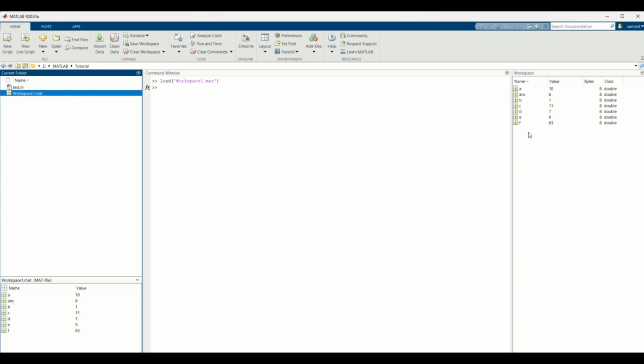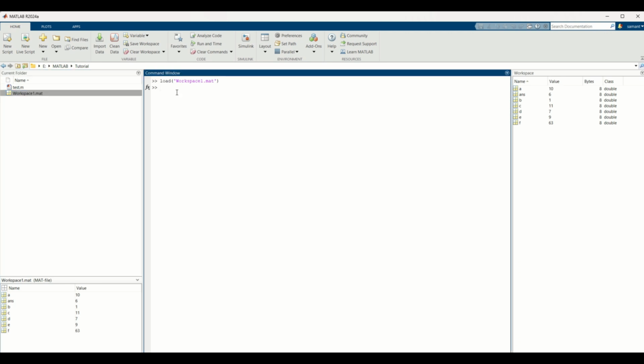Are these all the variables that we created earlier? Oh yes, these are the ones. So why do I need them? I have these variables and now I want to perform the computation, suppose a plus b, and press enter. Then in this case, I don't need to enter the values of a and b because they are already loaded in my workspace.